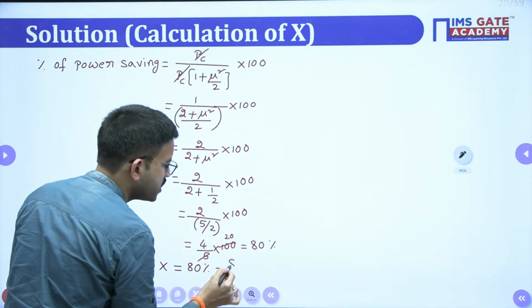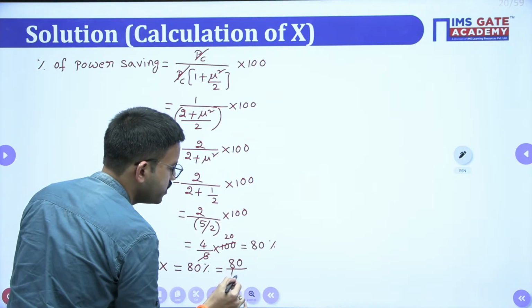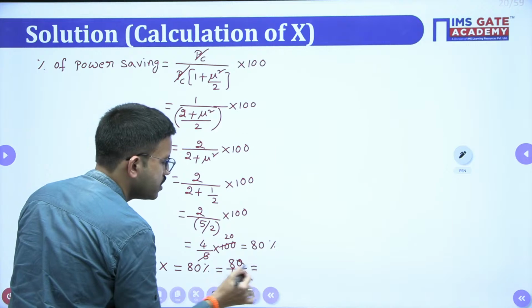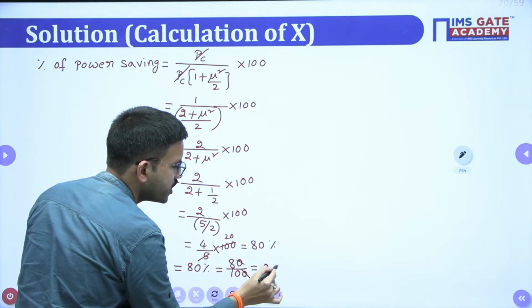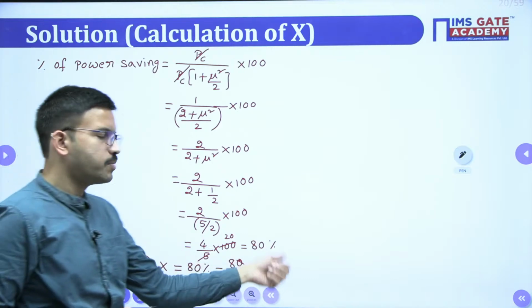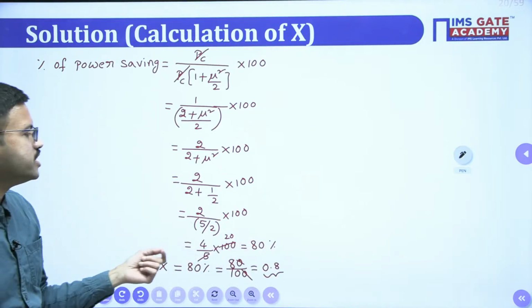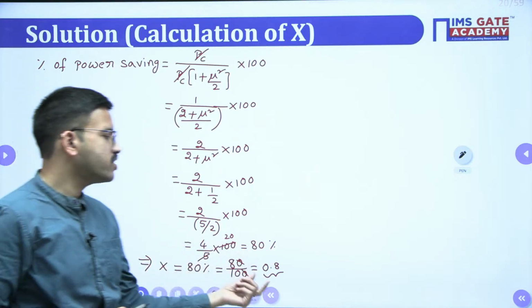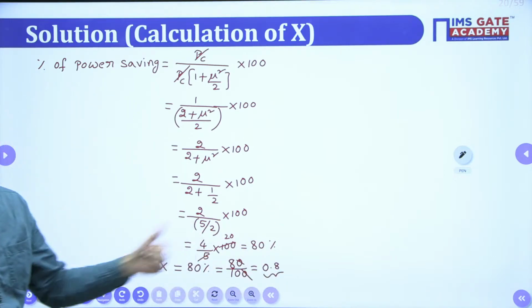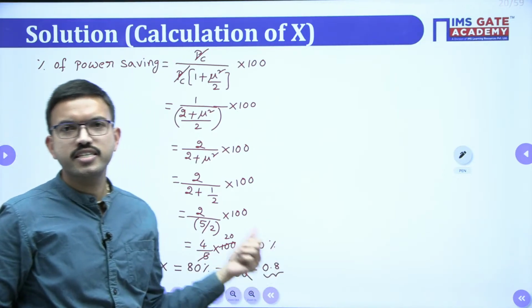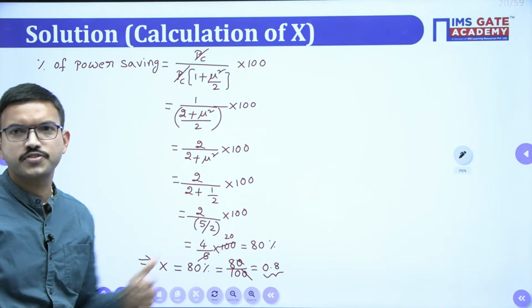So if you write in the normal number, percentage is nothing but, you can write it as 1 by 100. So here 0 will get cancelled. 8 by 10 is nothing but 0.8. X value will be, in the normal value you will get 0.8. Okay, in terms of percentage we will say 80%, but in terms of the normal value you will get 0.8. I hope it is clear. Okay, if you do like this, then definitely you will get the correct answer. Yeah, Tushar, you can try now.